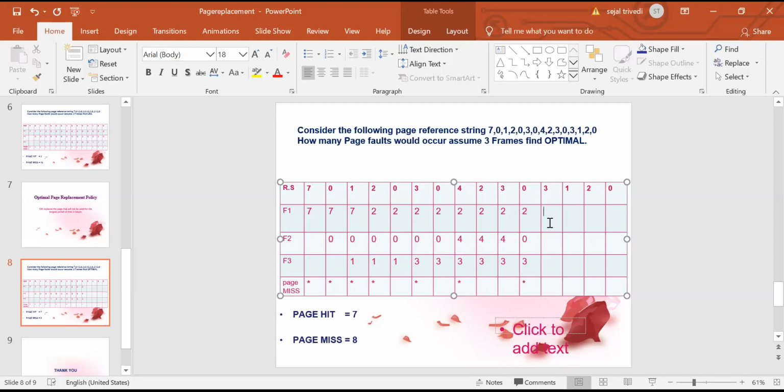Now 3 is coming. 3 is already there. No need of replacement. Keep it as it is. Page hit. 1 is coming. Where should I put 1? If I check, 2 is the most recently used page. Again 0 is going to be used most recently. So 3 is the least recently used for the future reference. I'm replacing 3 with 1. And page